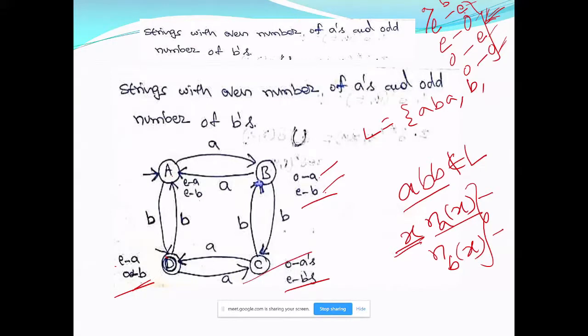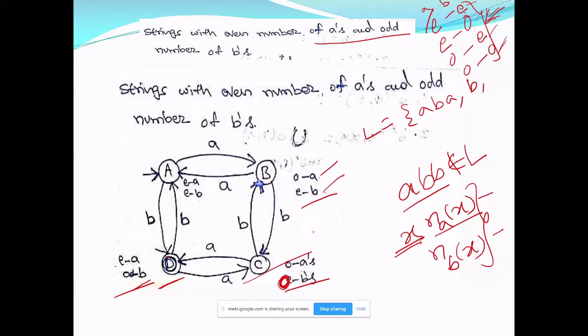So you can give any strings of A's and B's. So this I am making the final state, because what I require is even number of A's and odd number of B's. Suppose somebody asks you for odd number of A's and odd number of B's, then you can make it the final state. Let me make a correction: this should be odd number of B's. So even number of A's and even number of B's, you get one more B, then this should be odd number of B's.